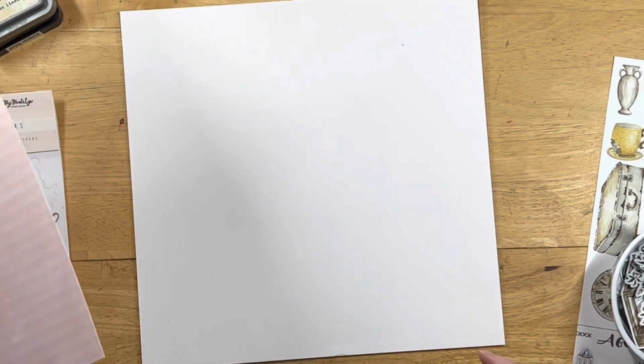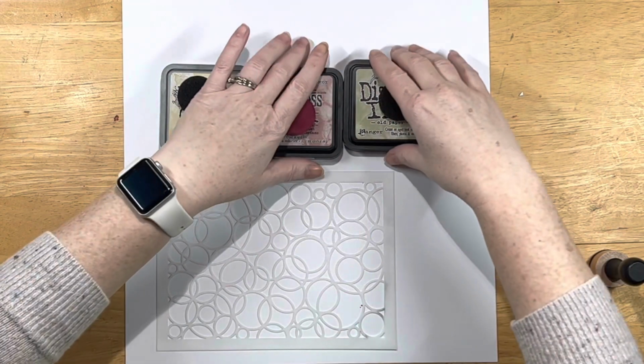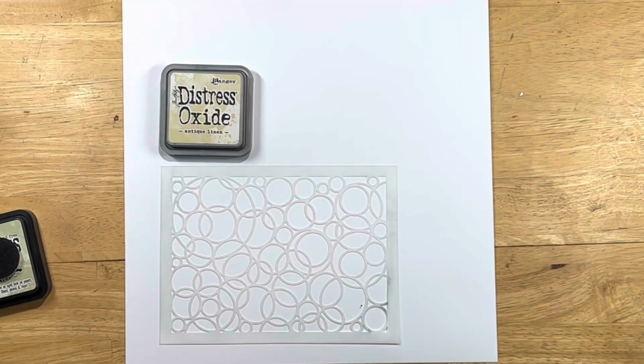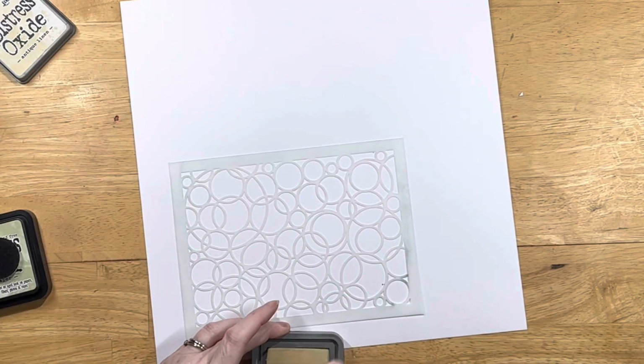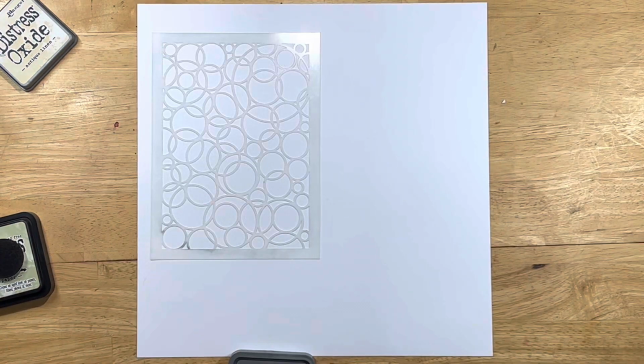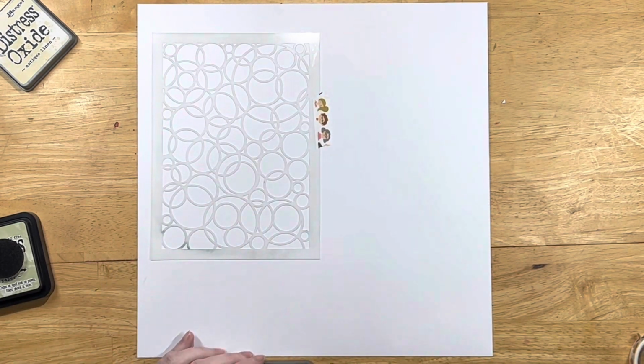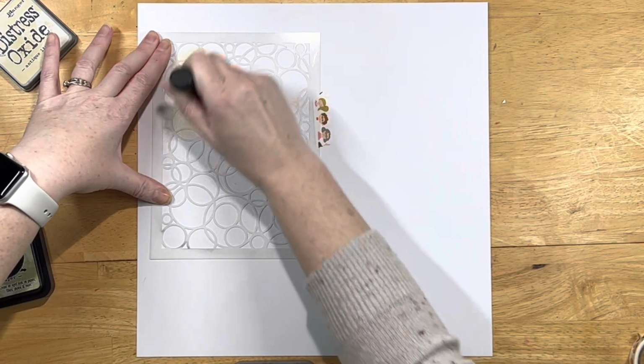And I am scrapbooking a picture of our gifts at our reception, like the little gift area. We did a vintage theme, and so I had a trunk and an old antique desk, and so I'm scrapbooking that picture. And I'm going to use this circle stencil, that's one of my favorites, and use the 3 different